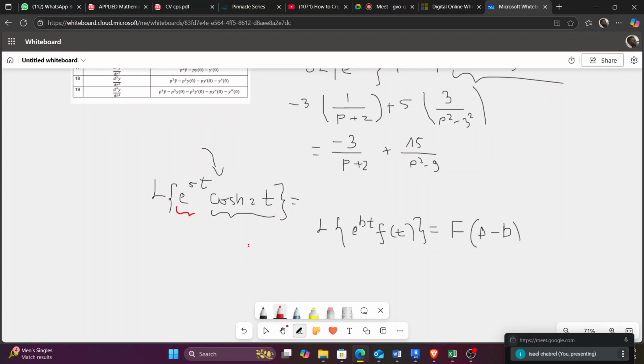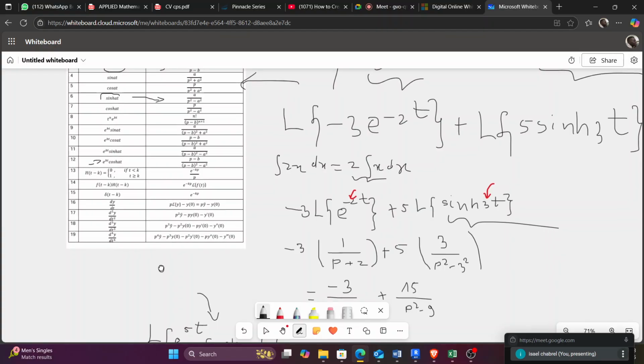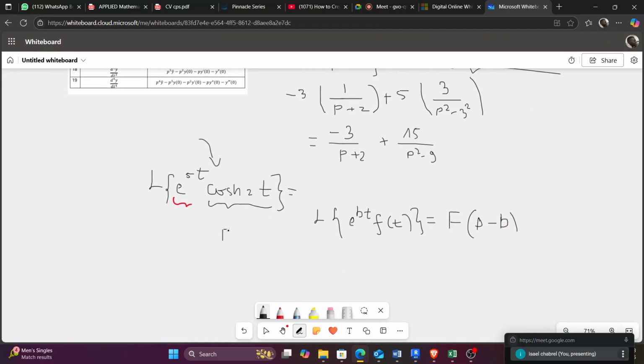Like for instance here, I will solve Laplace of cos 2t. What is Laplace of cos 2t? You know that you do have a formula sheet. Laplace of cos at is p over p square plus a square. So if we apply this formula here, we're definitely going to have p over p square plus a square. Remember, a square here is 4, because 2 square is 4. This is first the solution of this. If I can show an arrow just to show you what I did.